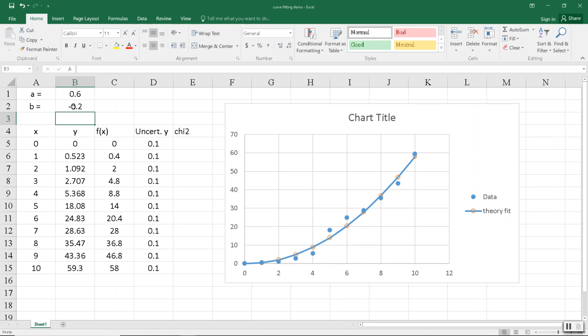To numerically determine when we have the best fit, we do the chi-squared. So I'll go to cell E5. Chi-squared is a calculation, so equal. And to do the calculation, I'll put a couple parentheses here because I'm going to need them. You take the difference between the data